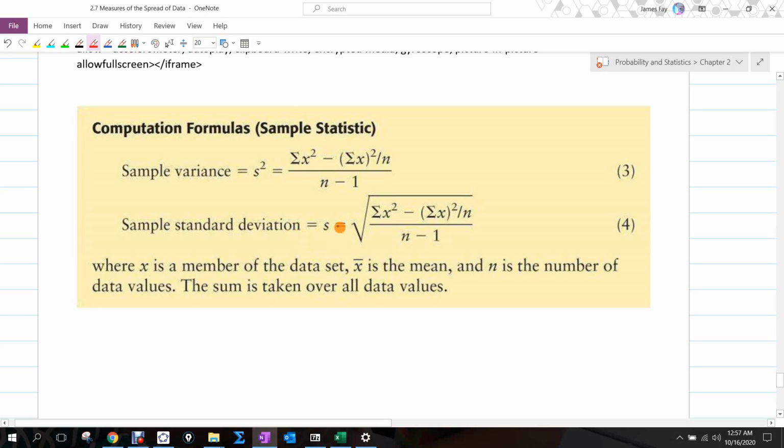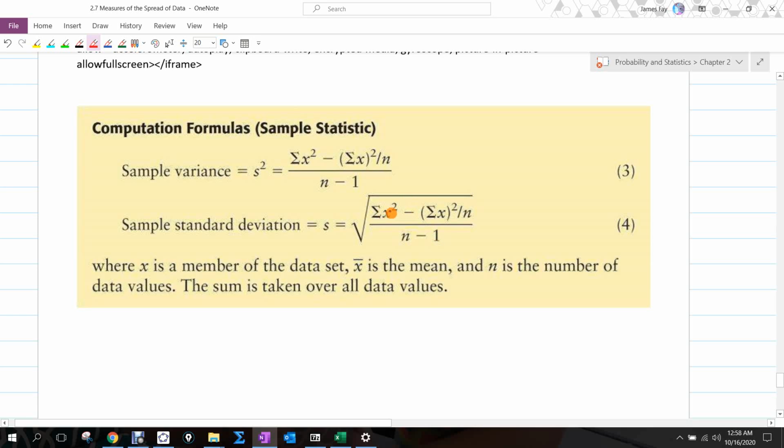So the n would just change to n minus 1. The mu would have been x bar instead, and that's the mean. But what happens is that you recognize that if I want to find the sample standard deviation in this case, I no longer have to know what the mean was. Okay, so that's nice. And what it allows me to do is, instead of finding every one of those deviations,